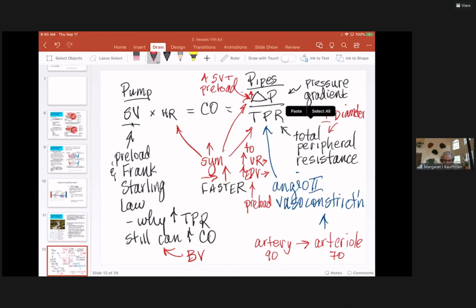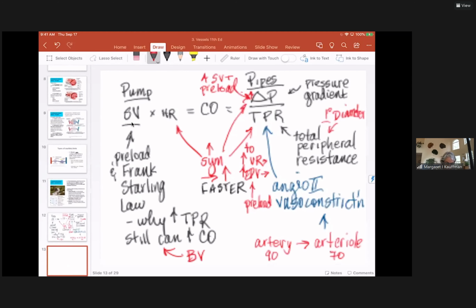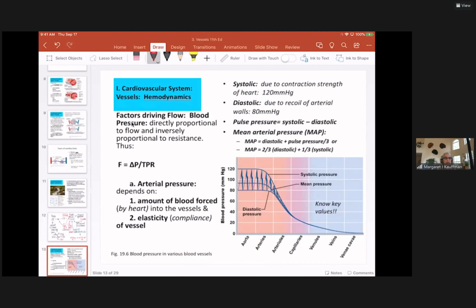So the reason I stuck this into the PowerPoint is because I wanted to re-show you the next slide. This slide is the one referred to in the first sentence of essay 4. And it asks you to literally describe, using numbers, no key values, how delta P changes, and where is delta P on here? Well,